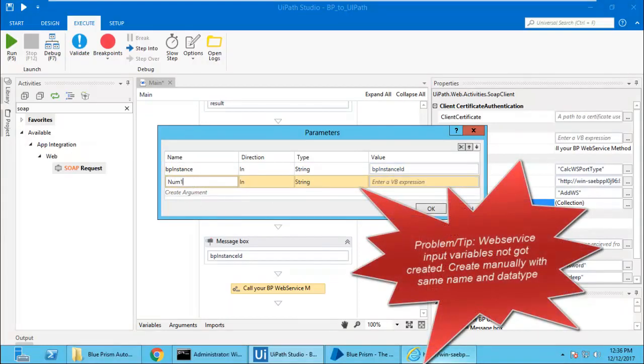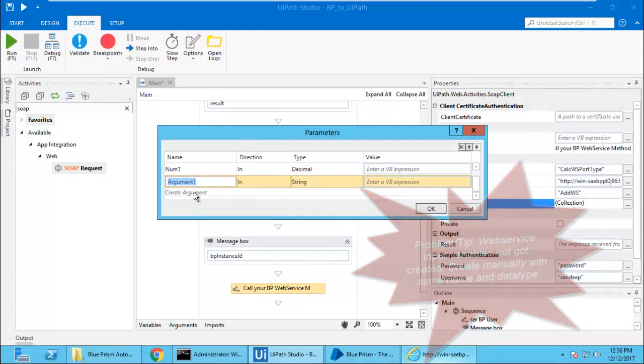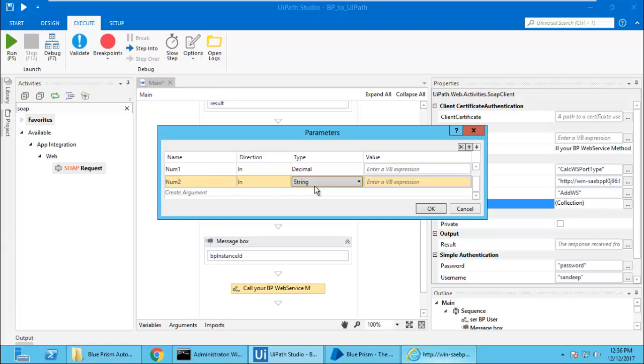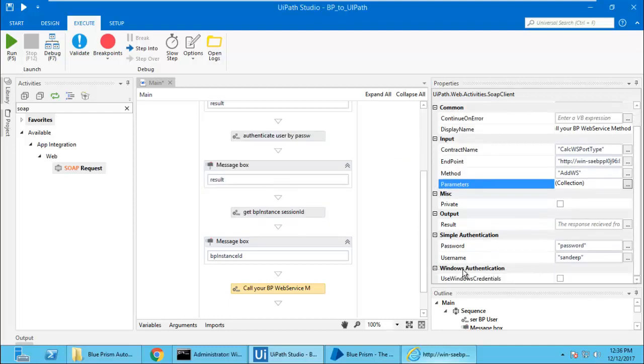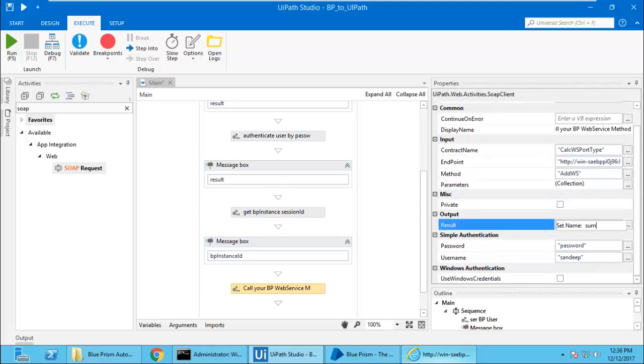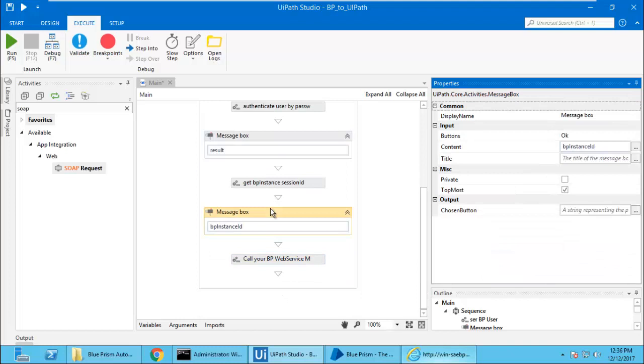We are going to pass num1 and it was system.decimal. So this system.decimal is here. Then the other was num2. Again it was system.decimal. We can pass another variable here. Like this, we can create variables which are being passed dynamically, or you can hard code it. We are going to sum 55 and 40. I am expecting the result to be 95. Click OK. And let us store the result into sum out. Right, the variable is created and let us pop it.